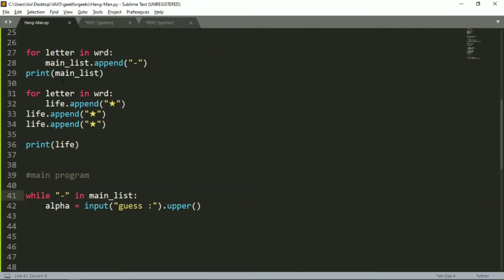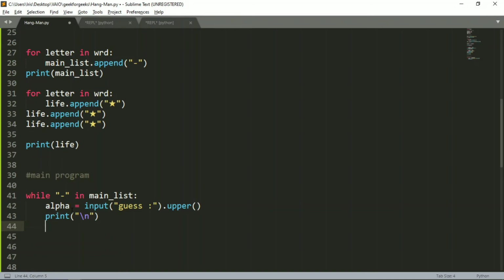So till the point where dashes are present in this list, we will keep on giving the user the option to guess. Now I will just print a \n to continue the program to the next line. Otherwise everything would be too compressed and it would spoil the readability of the program.